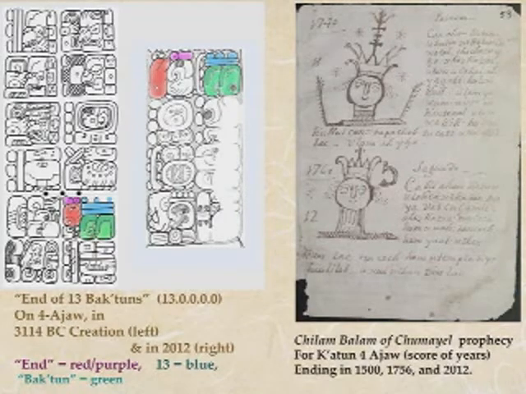It says 13.0.0.0.0, 4 Ahau 3 Kankin. It was set in order. The edge of the 3 stones place. It was the end of the 13th Baktun. And this guy oversaw the job. His name was the 6th Sky Lord. And the job that's described in those 3 dots, which I've left out, I'm afraid, is that one god places a stone in the sky, another one places it on the earth, another one places it in the sea. And those 3 stones, let's see, where's the 3 stones here? I know that I have them. There we go.